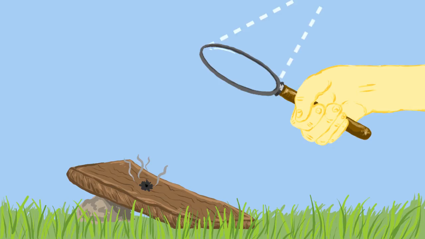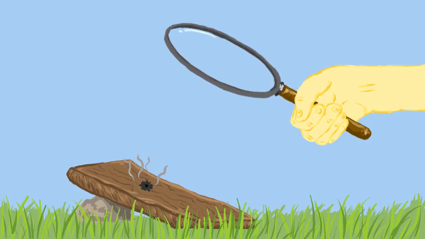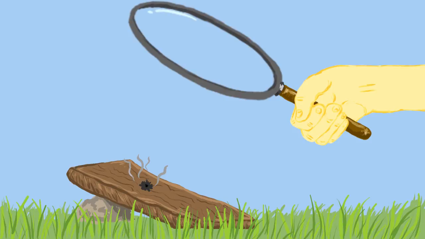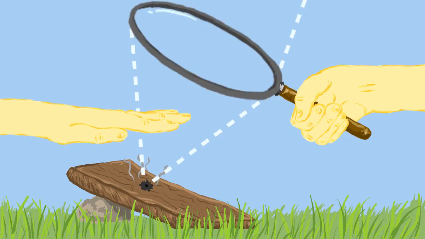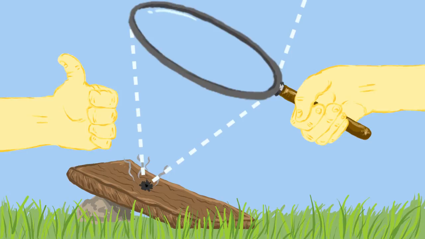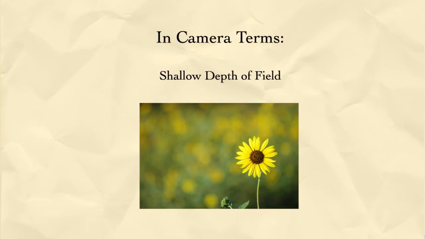Light is focused through the magnifying glass onto the spot where it's burning the ground. If the magnifying glass is really big, the light dissipates quickly, see? So if you put your hand in this path of light, you won't get burned unless you're in that one spot on the ground. In camera terms, this would be a shallow depth of field because only a small point